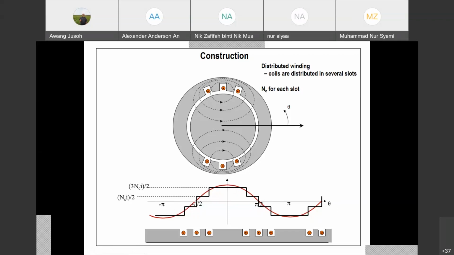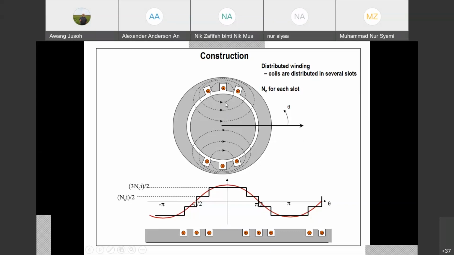That's why you can see there are many poles inside the machine, because one of the reasons is to minimize the harmonics produced in the machine. So then the machine produces very good sinusoidal flux inside. Okay, this is for phase A. Similar for phase B and phase C. You can do the same thing.